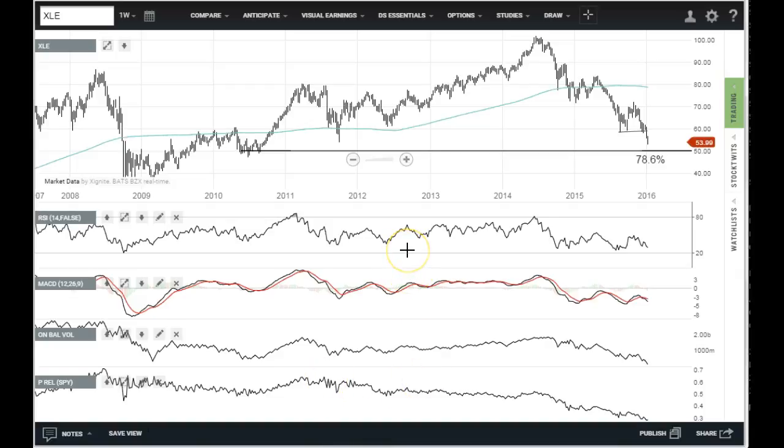So my conclusion is that while there's an argument that the whole thing is getting near its end, that doesn't help us make a decision now, because if oil is at 30 or oil is at 25, that's kind of similar, near the end of this long bear market. But I'm not one of those guys that looks for $20 oil. I think that is a sentiment overload, a little too bearish. So we'll leave it at that. Kind of wait and see right now on oil. Certainly not buying it just yet.